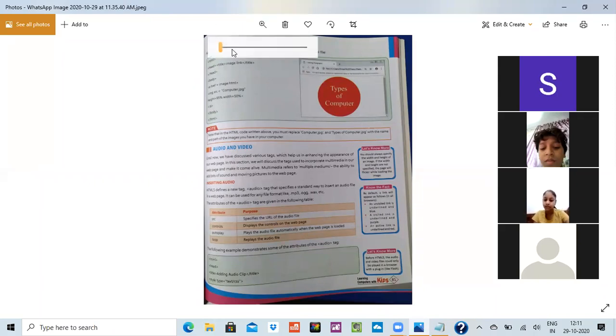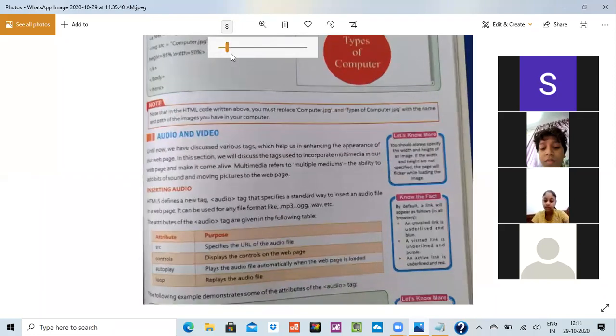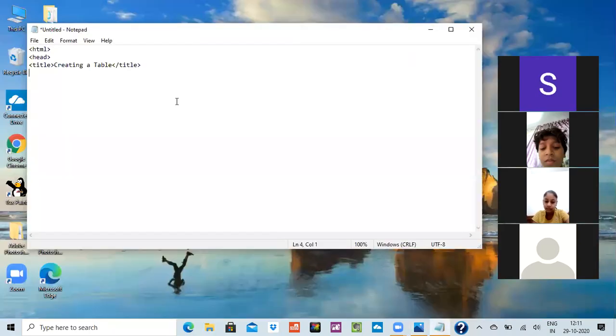Then again, when we come to that, if you want a control, you can control the web pages also. You can use autoplay, so that whenever you click on that file, it starts playing. And you can put a loop, meaning videos play one after another again and again automatically. You can insert your own video also. If you have made your own video, then you can insert it in it. It also plays a very important role. Let's go for writing of the program. We'll complete it and after that I'll show you.